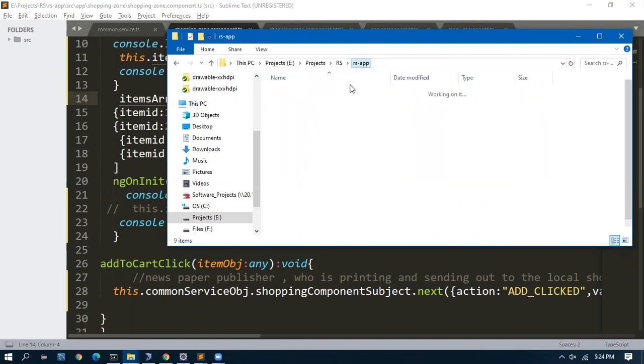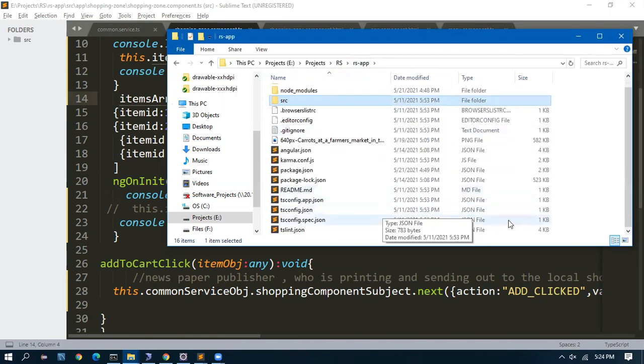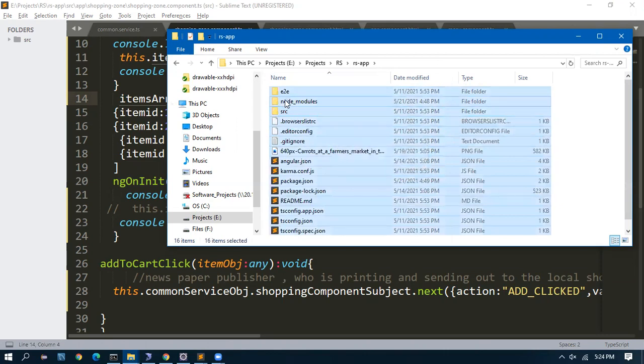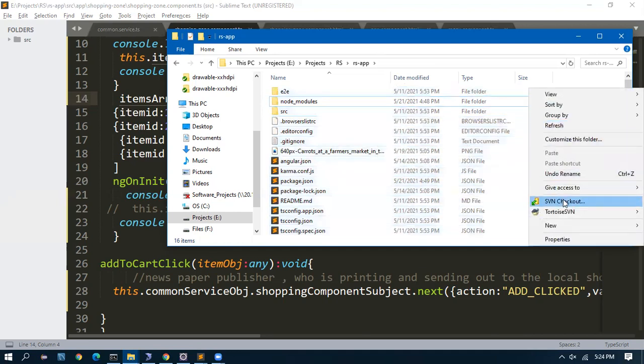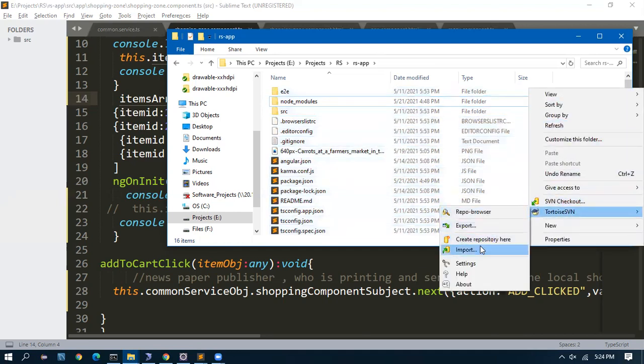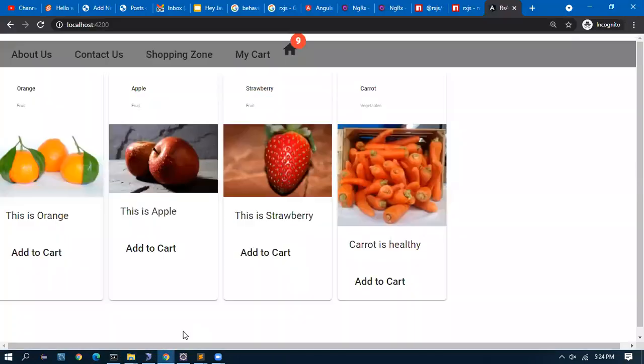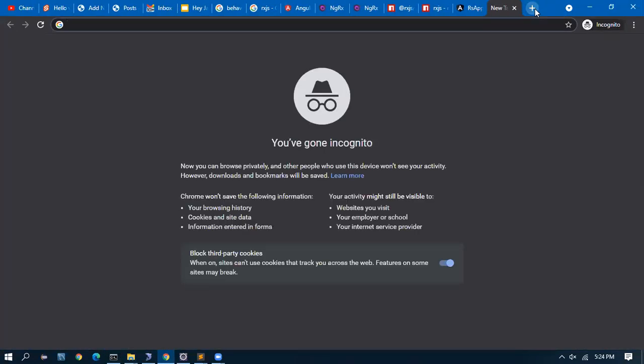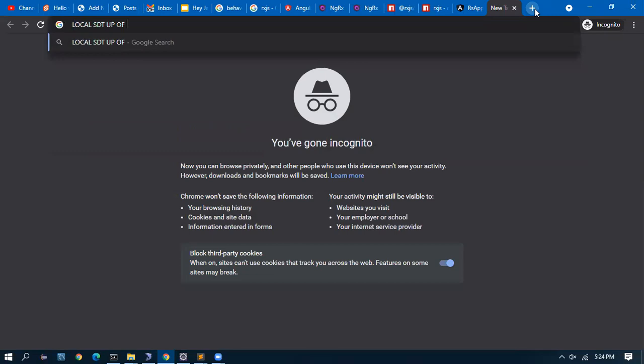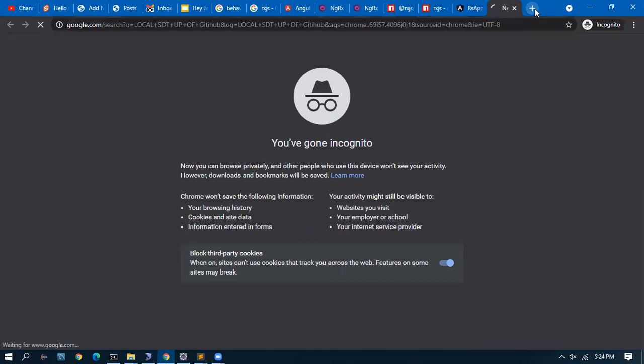This entire folder minus node modules will be pushed to GitHub. I have SVN installed, so you see here I can do an add. The same way you can install GitHub locally and push it to GitHub. All you have to do is find out the local setup of GitHub. We need a local setup.